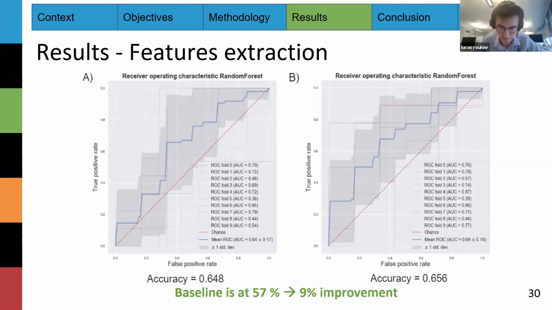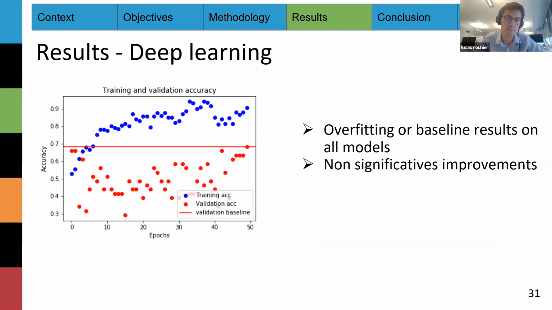So, for the deep learning, the results were mostly unsuccessful because the models were either overfitting or didn't provide any significant improvements of the accuracy score compared to the baseline.